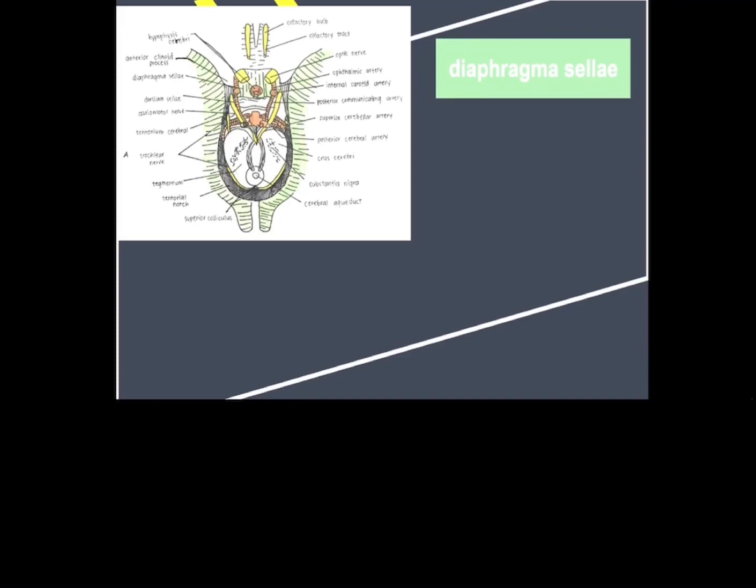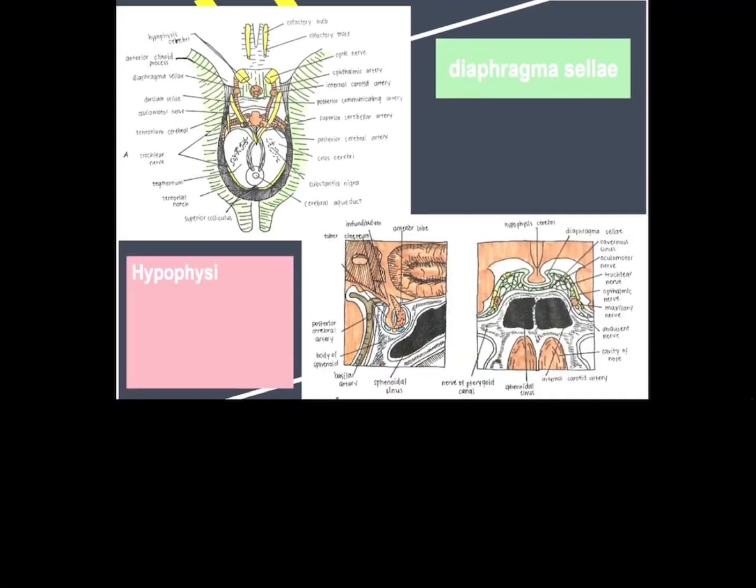The forebrain has been removed, leaving the midbrain, the hypophysis cerebri, and the internal carotid and basilar arteries in position. The sagittal section through the sella turcica shows the hypophysis cerebri. These are its parts: infundibulum, tuber cinereum, posterior lobe, posterior cerebral artery, body of sphenoid, basilar artery, sphenoidal sinus, and